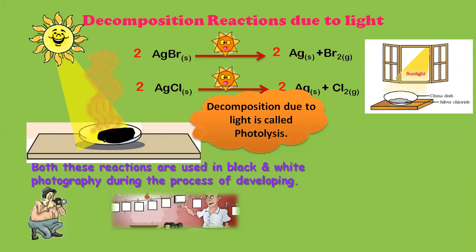So till now we have discussed combination and decomposition reactions. Under combination we studied three examples. Under decomposition we studied decomposition happening because of conditions like heat, light and electricity. So we are done with heat and light, and I'm not teaching further. We'll continue it in the next class.